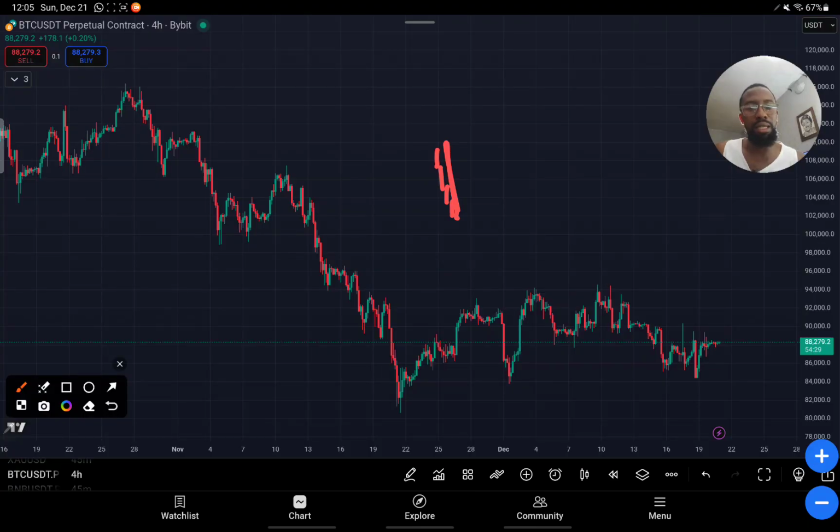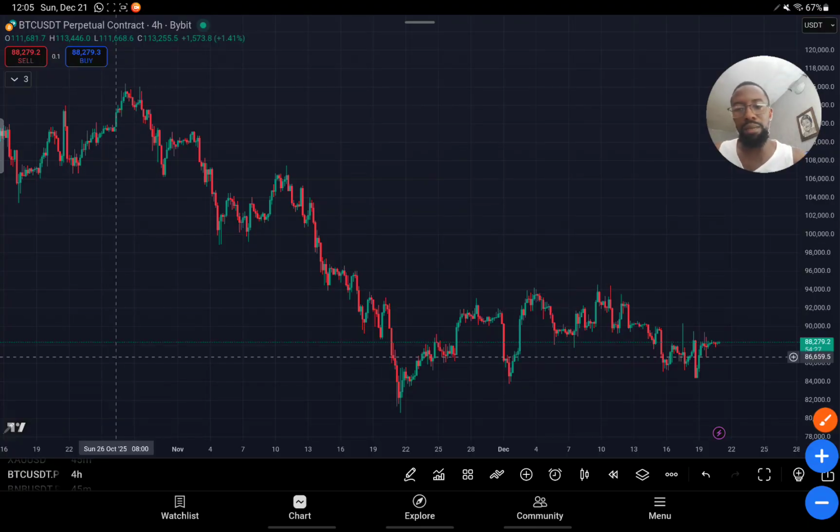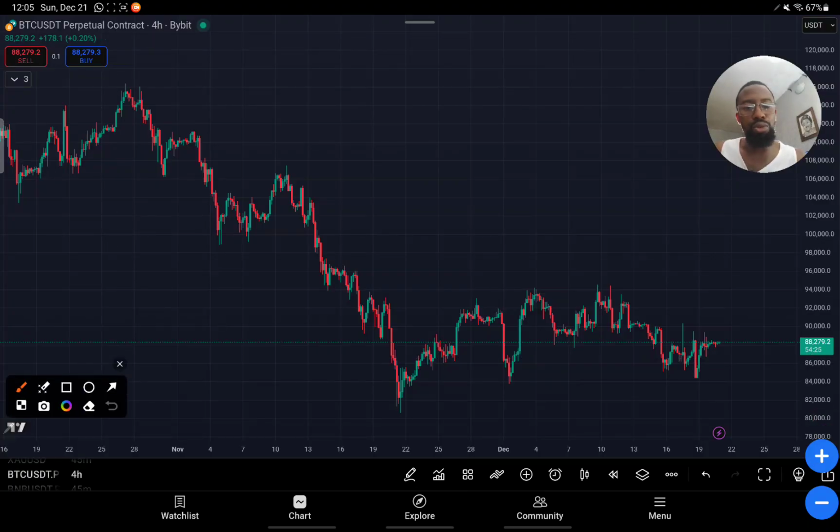I hope you understand. What this simply means is that maybe the market is coming down, coming down, coming down like this, and all of a sudden you just see something like this. You see this one big candle, it represents what? An engulfing candle. This is a bullish engulfing candle. You can see something like that in a downtrend as well, like a bearish engulfing candle, where you just see the market going up like this.